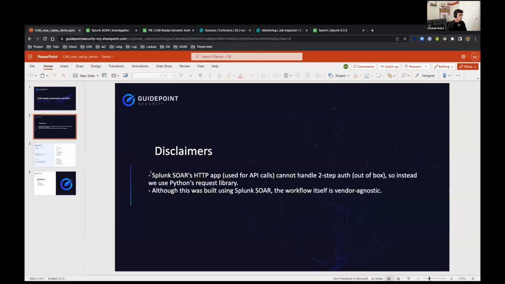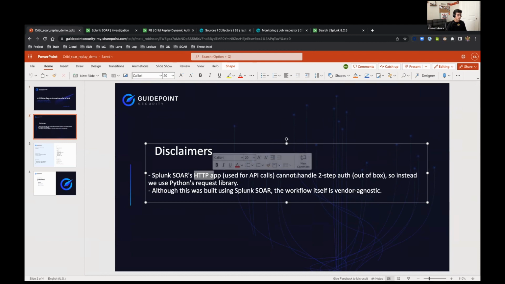Just two disclaimers with what we've done. Right now, the HTTP app natively does not handle the two-step auth, where you do an HTTP POST to get that auth token and then authenticate that way. So we're using Python's requests library.